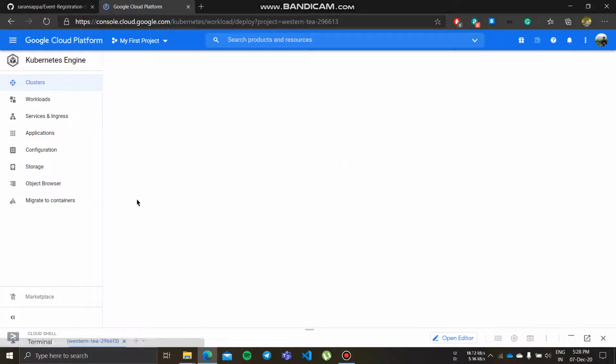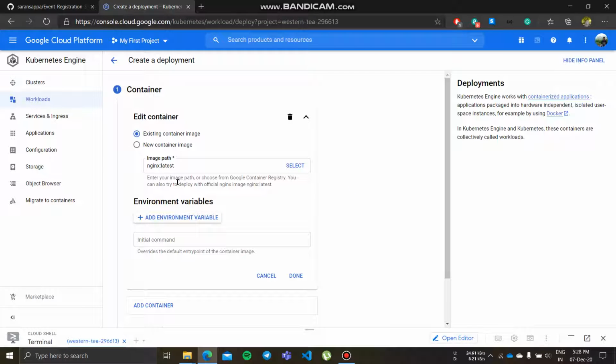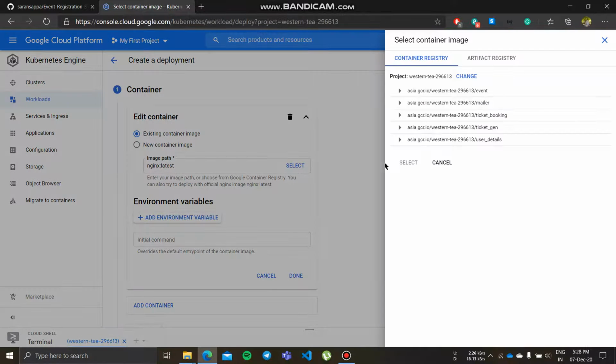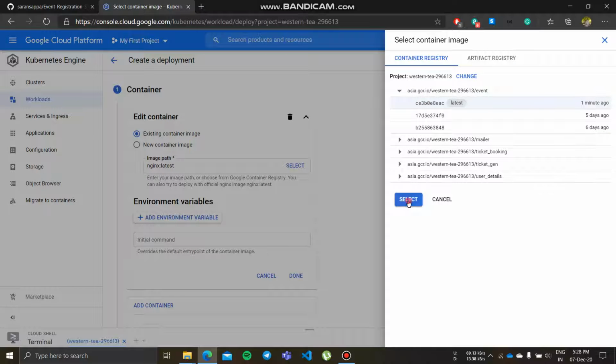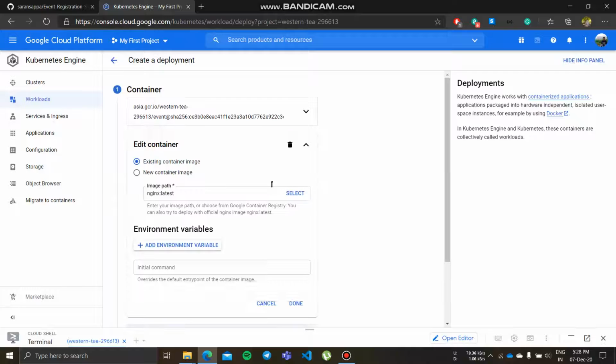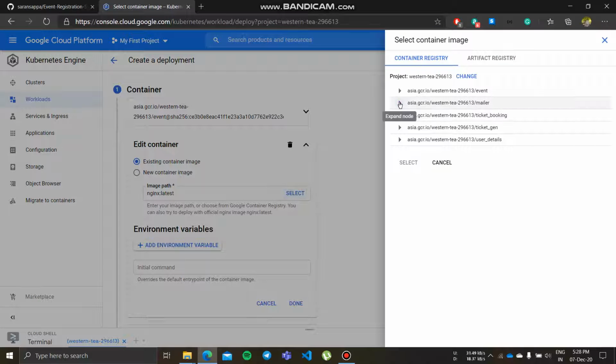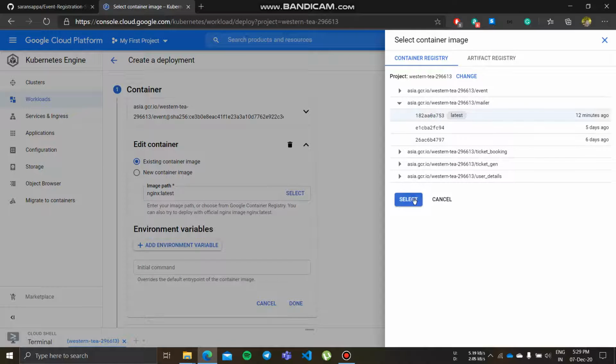Deploy container. Here we need to select the container images. Once we click here, it will show the container images present in our container registry. We need to select the latest one for all 5 microservices.